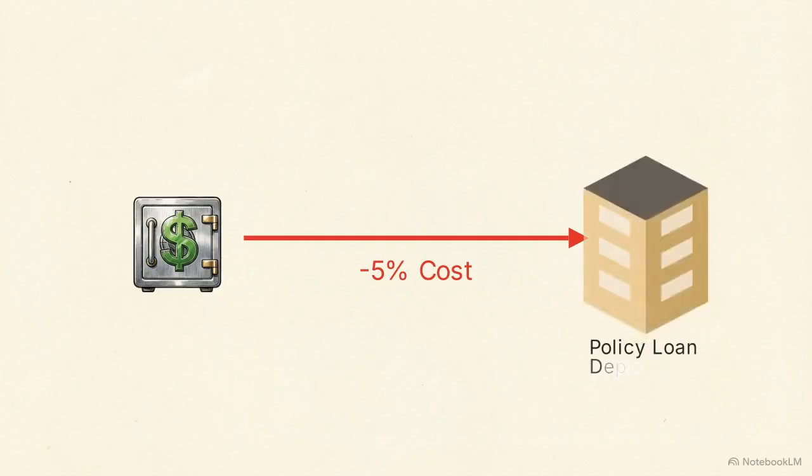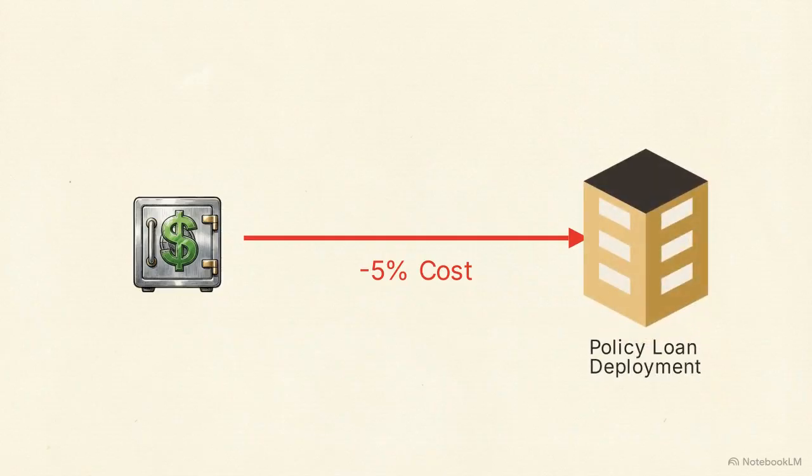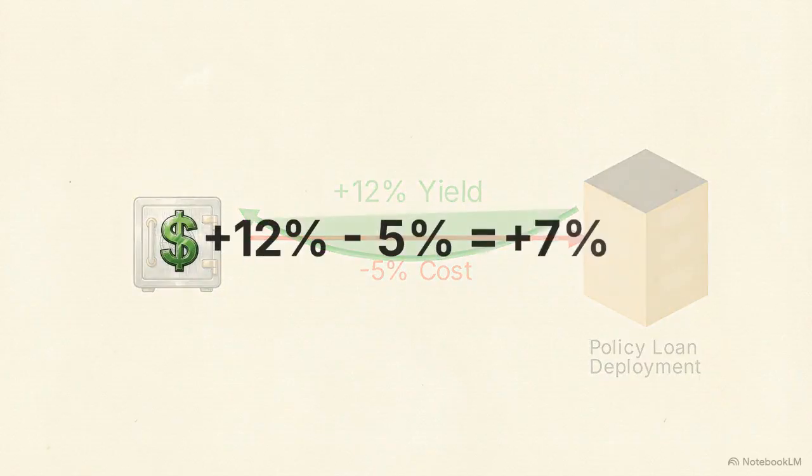Every policy loan carries an annual interest rate set by the carrier. For our math, we will use a standard cost of 5%. You take that borrowed cash and inject it into a heavily cash-flowing external asset, like a commercial real estate property. That real estate asset generates its own revenue stream, yielding a 12% annual return. You use that yield to service the 5% loan cost. The difference captures a clean 7% spread, known as positive interest rate arbitrage.